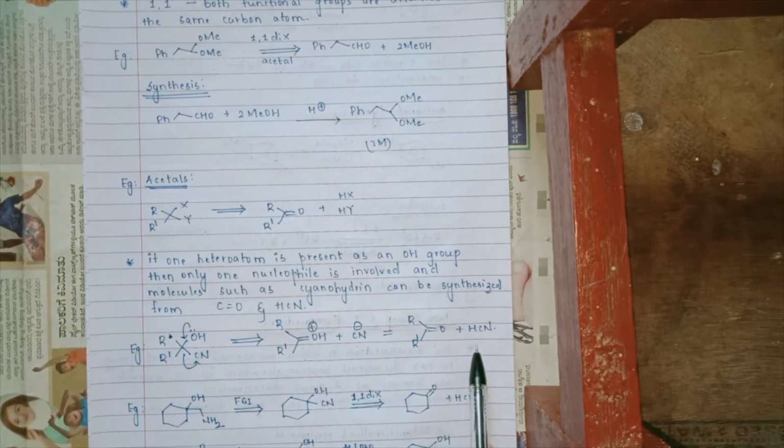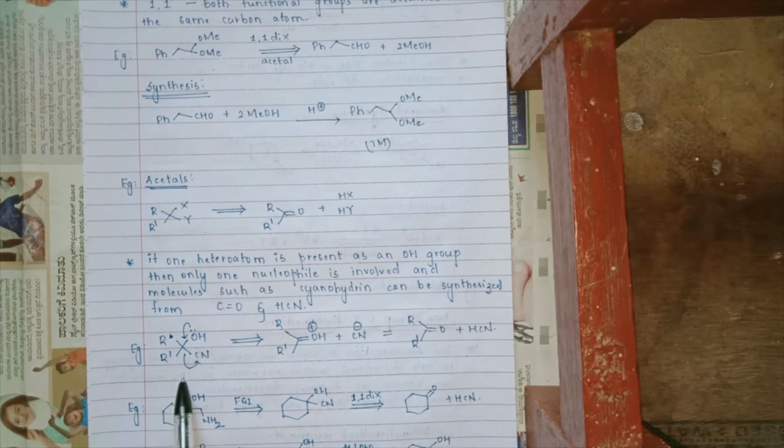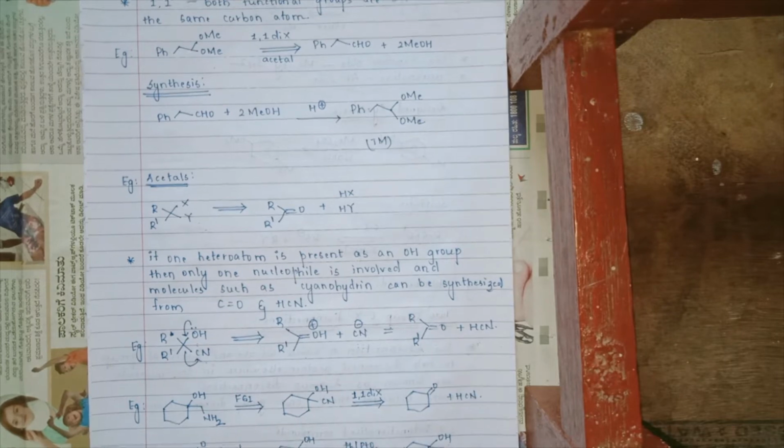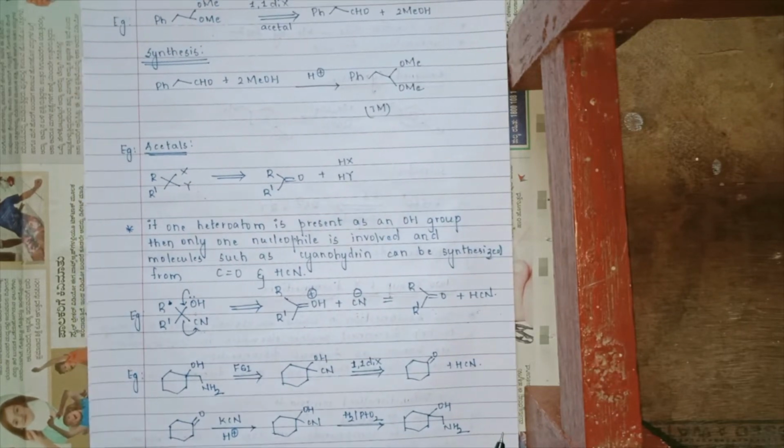So the back reaction is something like this. An aldehyde or a ketone reacts in the presence of CN, and then I get a cyanohydrin. Now the disconnection is possible because of the presence of an OH system. The lone pair of electrons in the molecule cleaves the CN, so that we get a carbonyl carbon and CN minus, which is a nucleophile. The complete reaction would be the use of a carbonyl carbon in the presence of HCN to give me my target molecule. This is one type of synthesis.